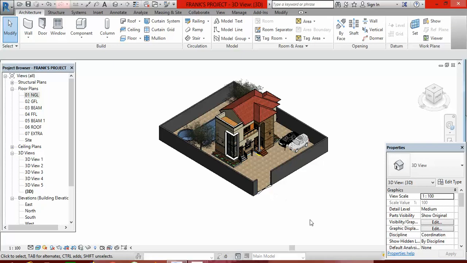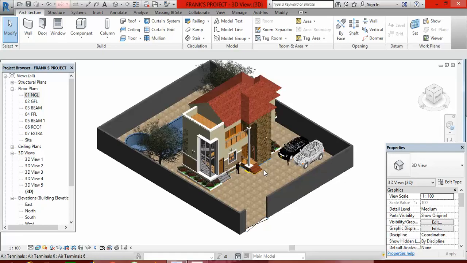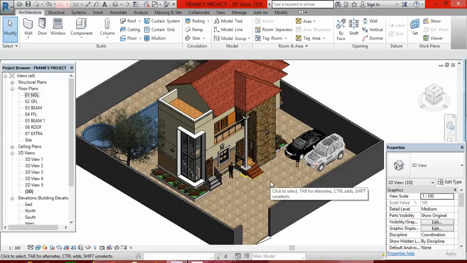So this is how to do your landscaping. In the next class, we will learn how to render your landscaped environment. In that next class, I may put a gate here